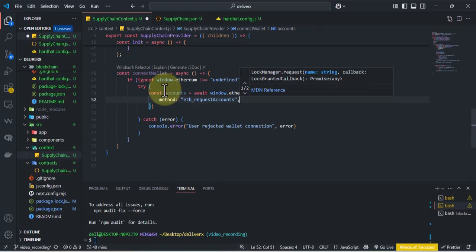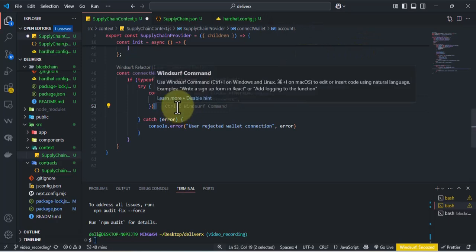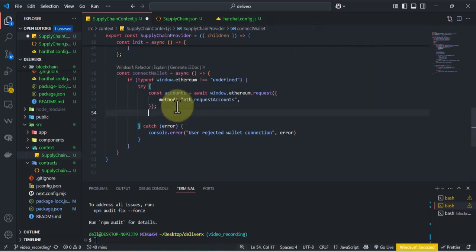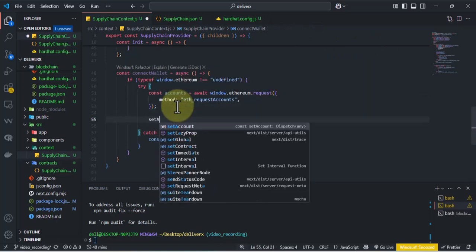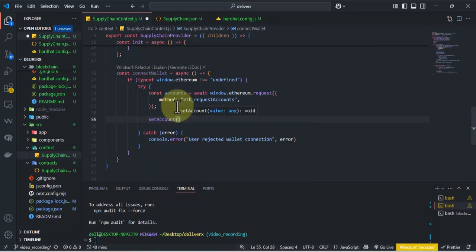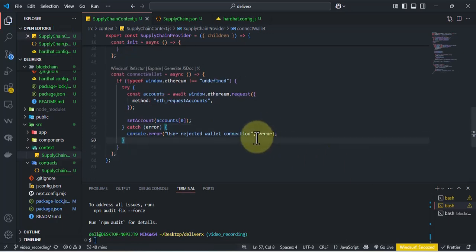So once you get the accounts, then you want to set your accounts to that, because that is what we are going to be using always and always regularly. Right now that we have that, I'll just save this and let's see how to now link it